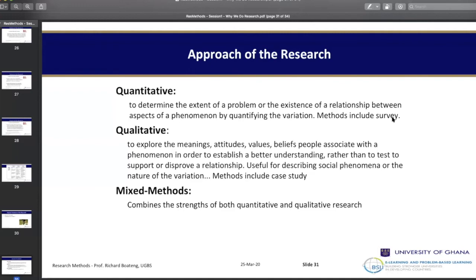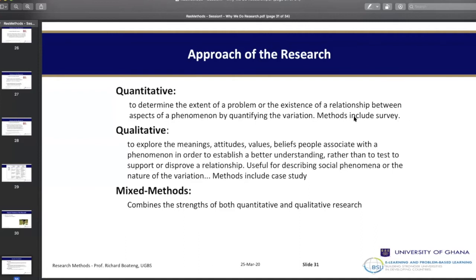So I'm just letting you understand that the car that you have, in that scenario, has a different meaning to the senator. It has a different meaning to the rich person who was driving past the senator. So in qualitative research, we try to explore the meanings people associate to a phenomenon. And each phenomenon may have different meanings depending on the person. So your job is to explore and discover the meanings people associate with this particular phenomenon.